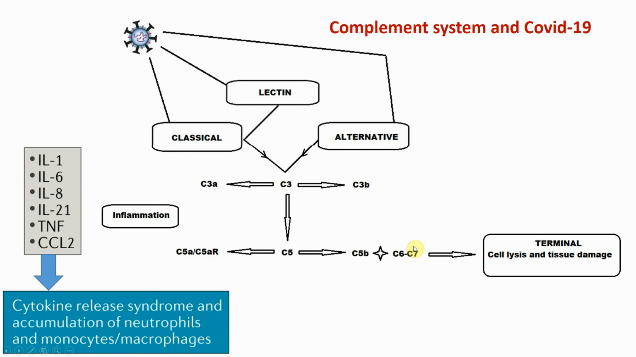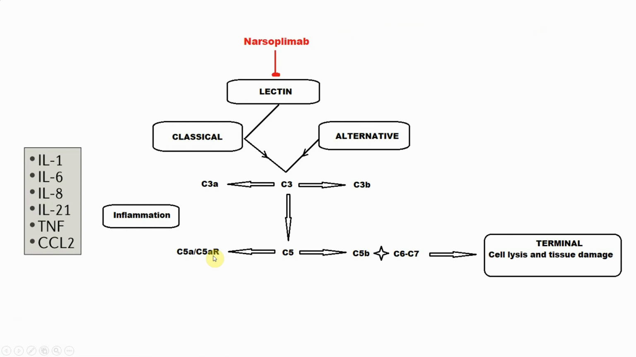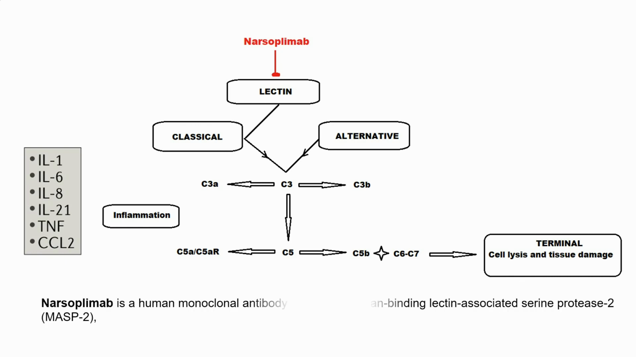And from the C5 we can continue to C5B and C6, C7, and they can cause a hole on the membrane of the cell, and can cause cell lysis. And C5A and C5AR can cause inflammation and opsonization activation. Mainly they can cause increasing interleukin 6, 1, 8, 21, tumor necrosis factor, and CCL2. With narsoplimab, which is a monoclonal antibody,